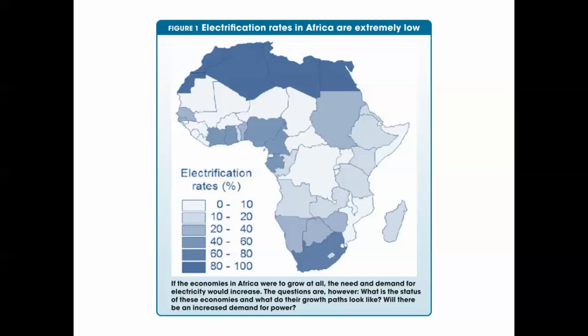But the other piece of this is that today in Africa, a significant portion of the continent has very low levels of electrification. That is, you don't have electricity, something we just take for granted. Electrification, in other words, a grid system, doesn't exist in a lot of the continent. You'll notice that much of Central Africa has very little electrification. Somewhere below 20% of the people have that access. Now, that's not true of the areas focusing on Nigeria here, nor in South Africa, nor along the coastal regions of North Africa. But the central portions of Africa, both east and west, have very, very low electrification rates.